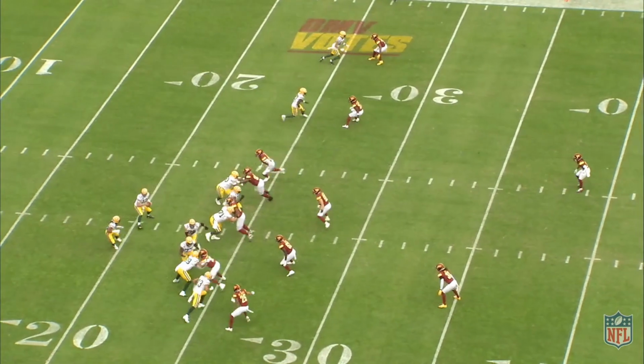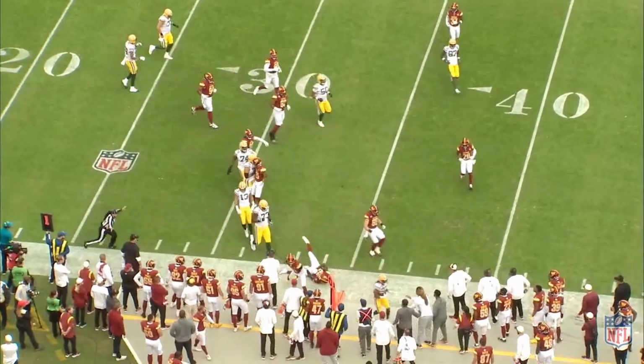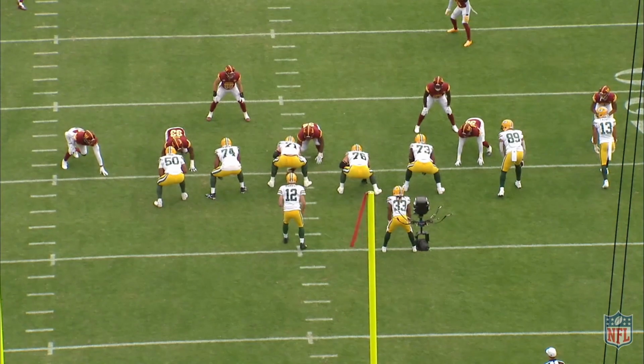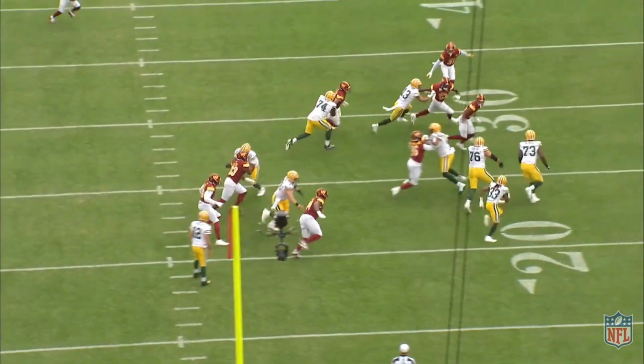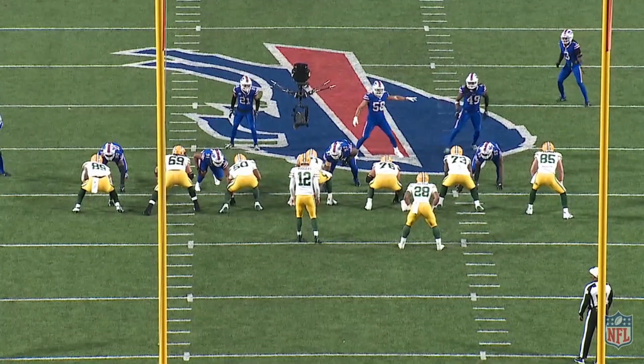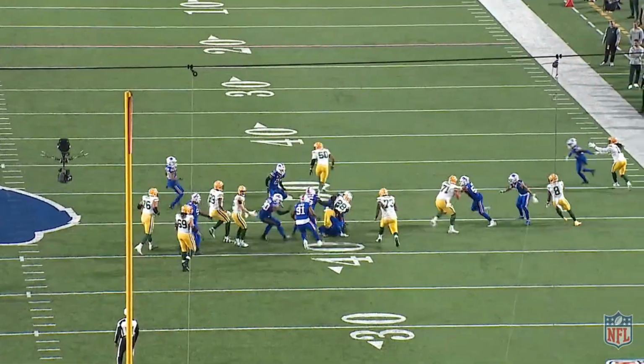The Packers' pin and pull scheme has been one of their most consistent runs this season. By stressing the edge, they make the defensive line chase and the defensive backs tackle. The scheme gets running backs Aaron Jones or A.J. Dillon into space while allowing their offensive line to pin scraping defenders inside. Jones has been good at reading the angles of defenders outside the tackles and finding space for cutbacks and creases